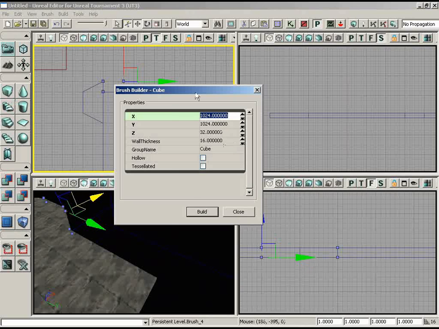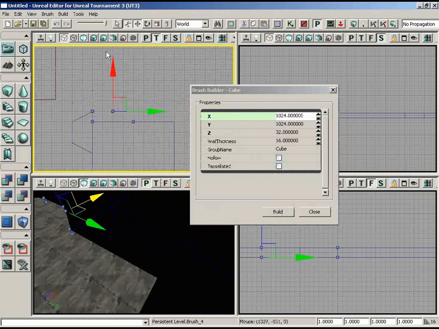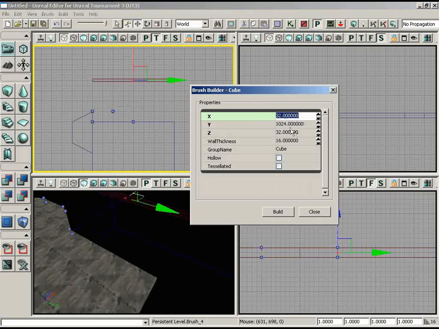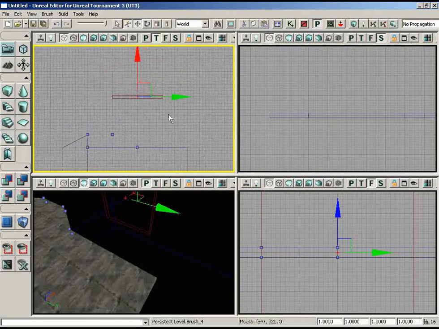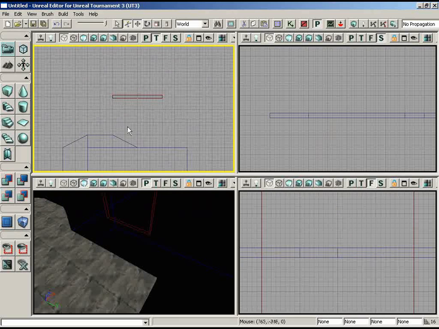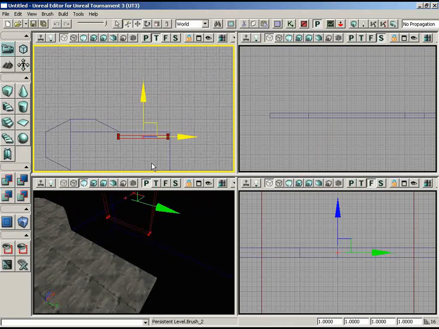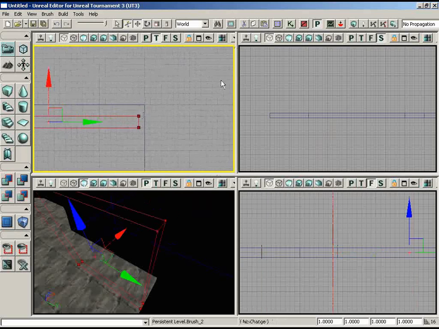Looking at it, we've got X up and down here, so I want to set that to 32 since that's going to be our wall thickness. And I'll set the Y and Z to 512. So 512, 512, and that's been built, so we can close out of the builder options. Let me make sure I deselect that other brush so that I can control drag and align this brush up